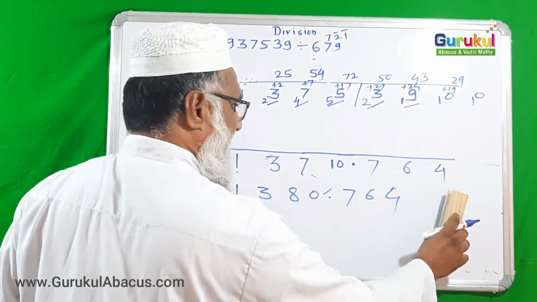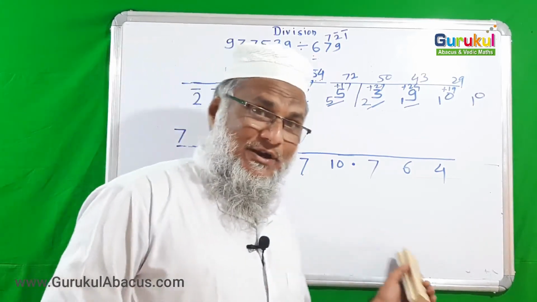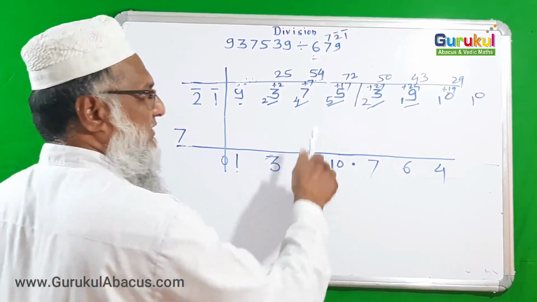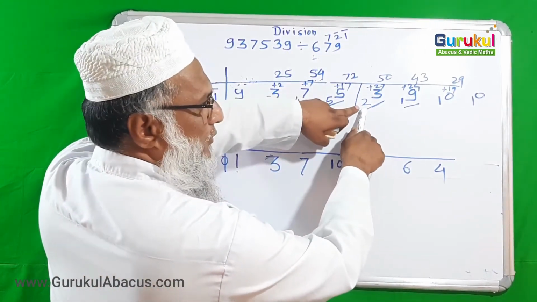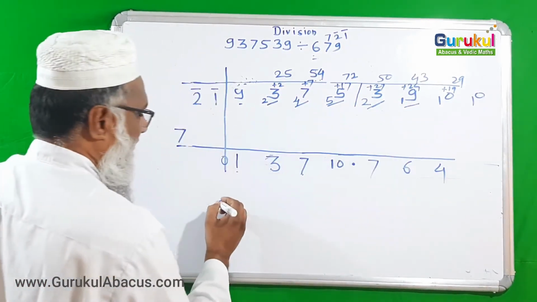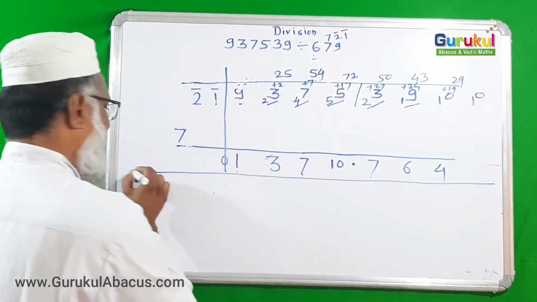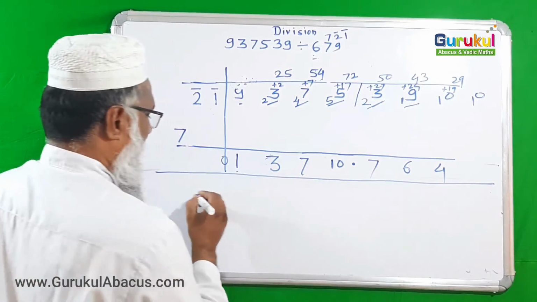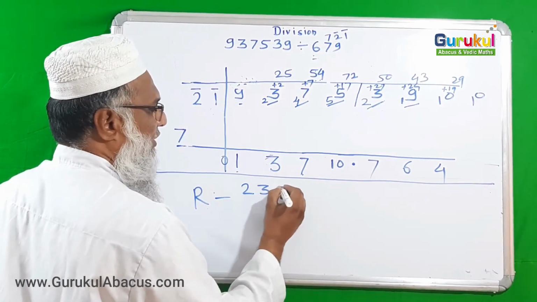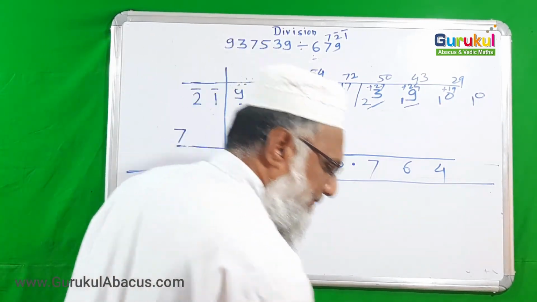Okay, now one thing is that we are going to find the remainder of this example also. So how to find the remainder, that is to understand. Our previous method, from this side we have taken 2 and the answer's 2 digits, means 2 3 9, that I am taking here for finding. Firstly I want to put one cross line here. So to find the remainder, firstly I am getting here 2 3 9, and from here something to subtract.